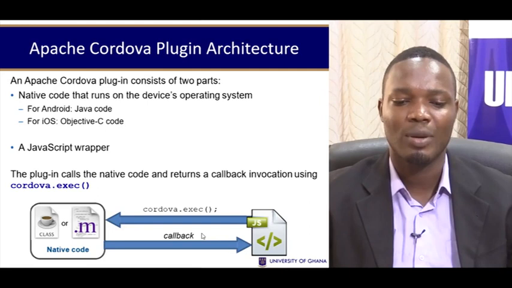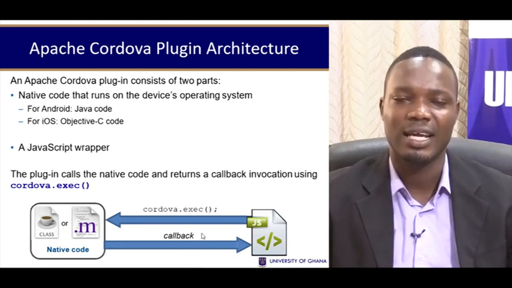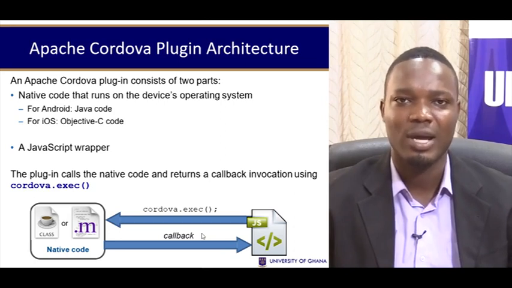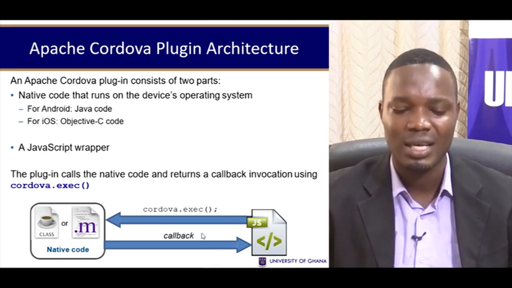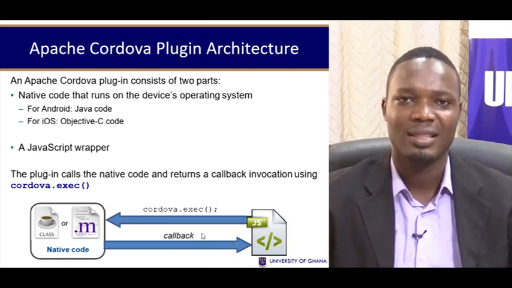So this is how the Cordova plugin is going to run. We are going to write some code in the native language of that particular device. If it's Android, we are writing Java. If it's iOS, we are writing Objective-C or Swift. And then through some mechanisms provided by Cordova, we would now be able to call and execute that particular piece